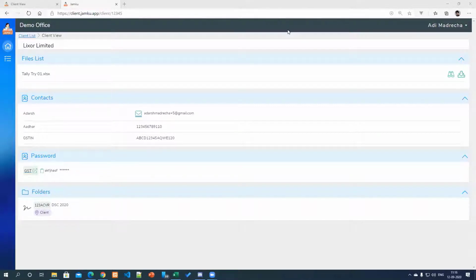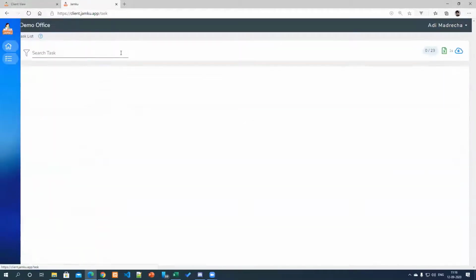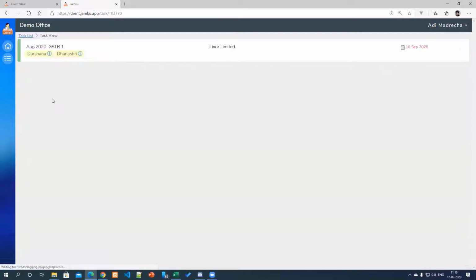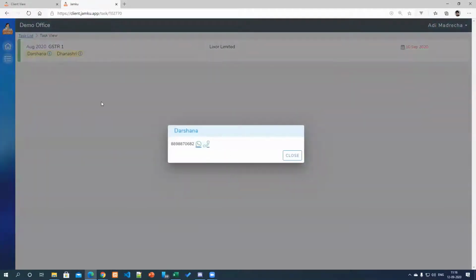Next question is, can client come to know which team member is working? Yes. So if I open the task and if I click on JSTR1, clients can see Darshana and Dhanashree are working. But say suppose Darshana was an intern in my office and I don't want client to call my intern.